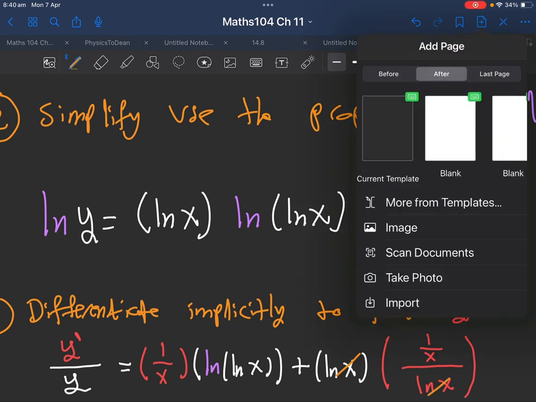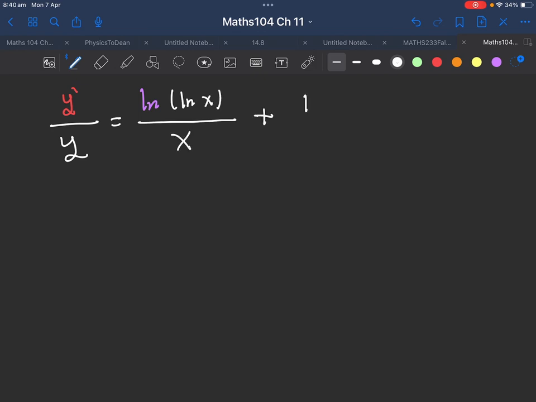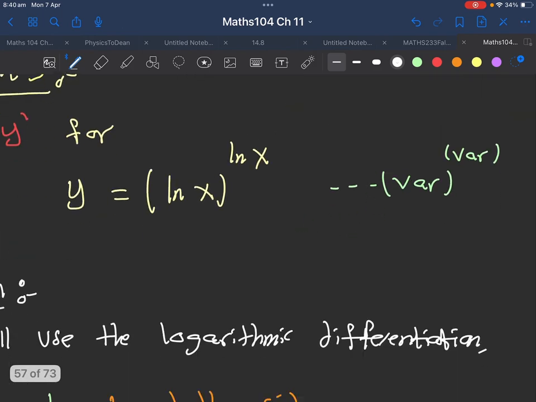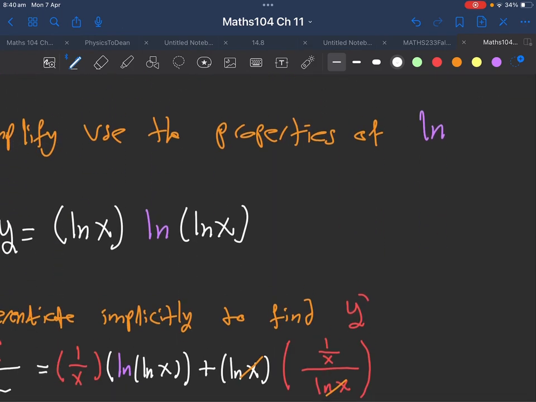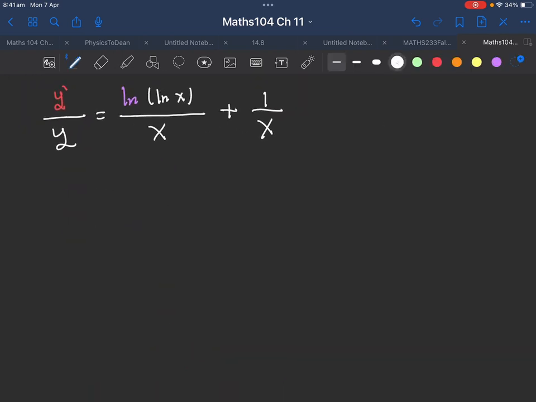So if we go to the next page and we rewrite everything, we get this one. This is y, this is y prime equal. Now the first one was ln of ln x divided by x, plus 1 over x. Why 1 over x? Because remember, we have ln with ln get cancelled, and the only thing remaining is 1 over x. So far so good, because now the fourth step,